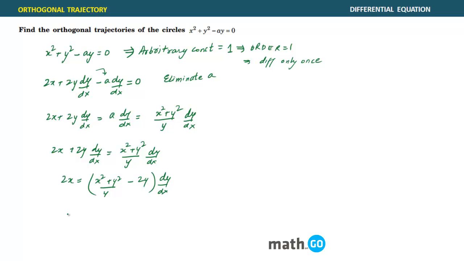This is what you will get, and if you combine all of this, what you will end with will be (x² − y²)/y · dy/dx. Okay, this is what you will get. Now this is this step. Up till this step, what you have done is formed a DE,